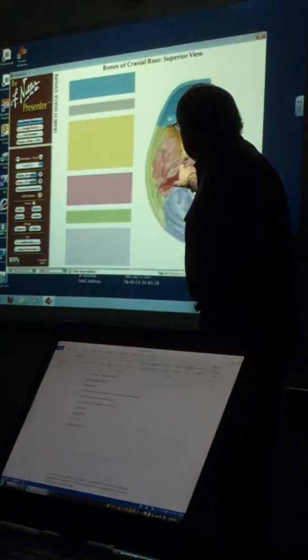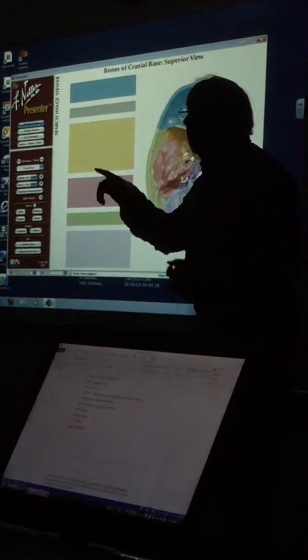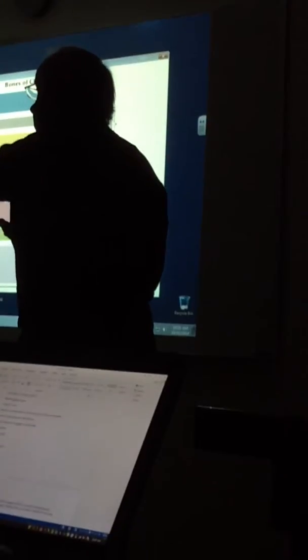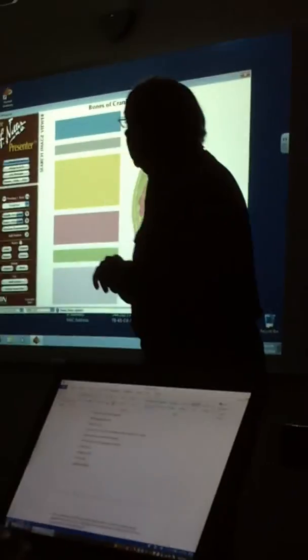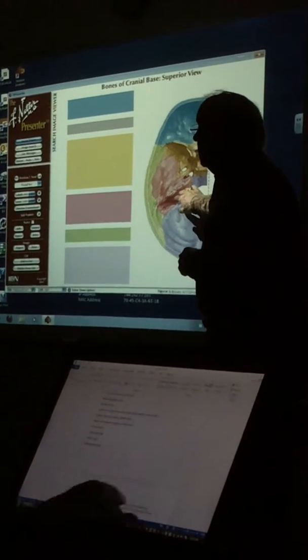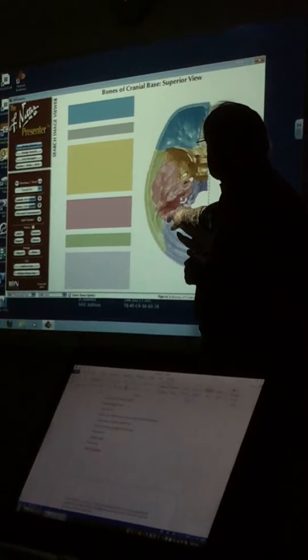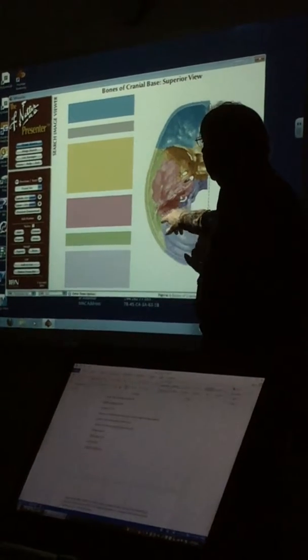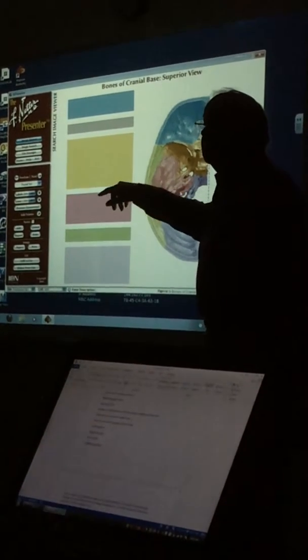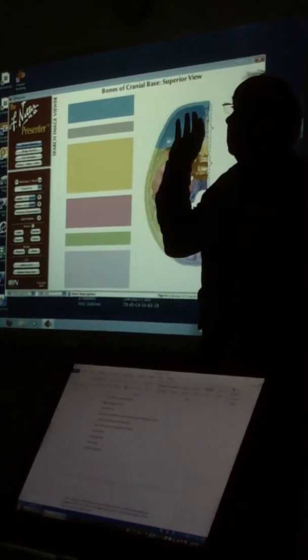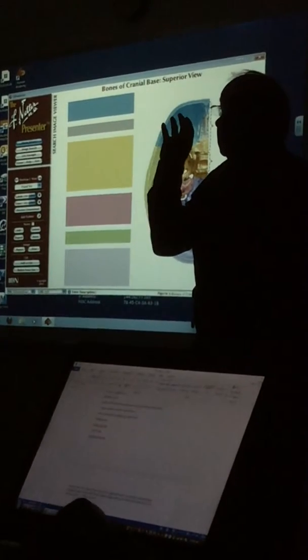And this is what part of the temporal bone is that. Outside we have the mastoid process, the styloid process, the squamous fossa, right? But this one here is Petrus. "Thou art Peter, and upon this rock I'm going to build my church," right? If you're a Christian, you've heard that part. But anyway, this is the hardest bone in the body, and that is the Petrus portion of the temporal bone,